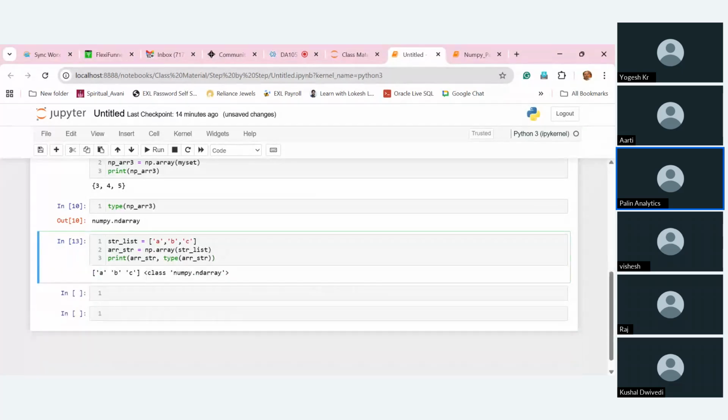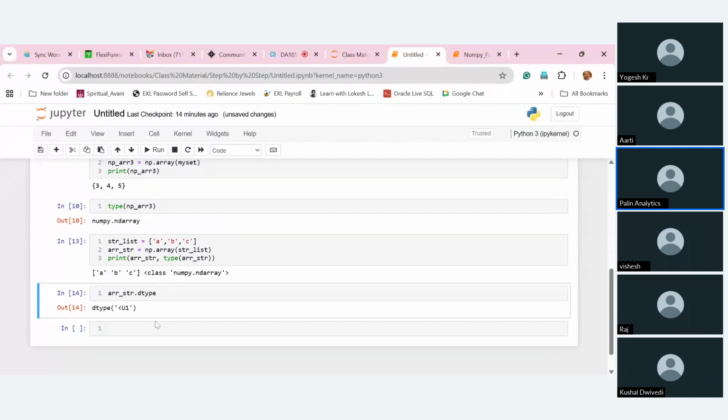Okay, so this is a NumPy array, and it is a string type. If you check the type, arr_str.dtype, it will show you that this is not an integer, right? Basically, in NumPy, you can store any kind of things. But what will happen is if you give a